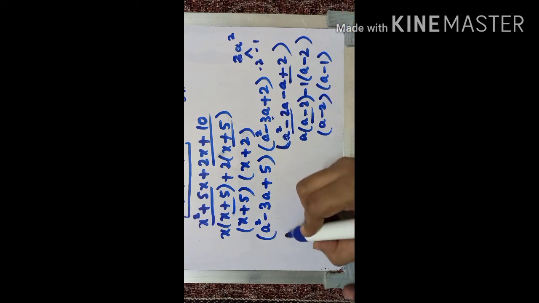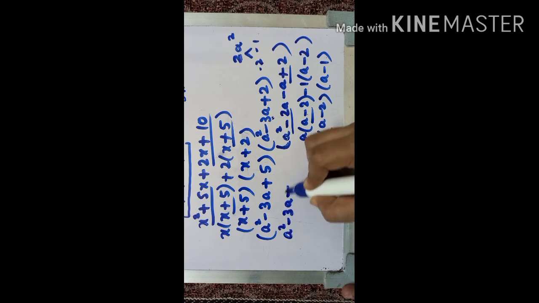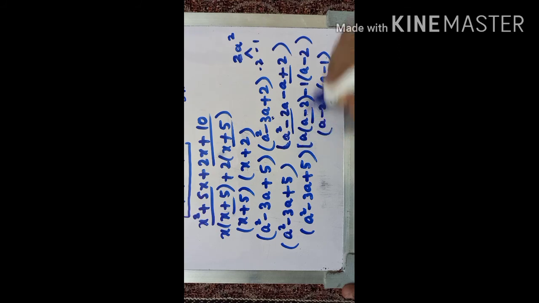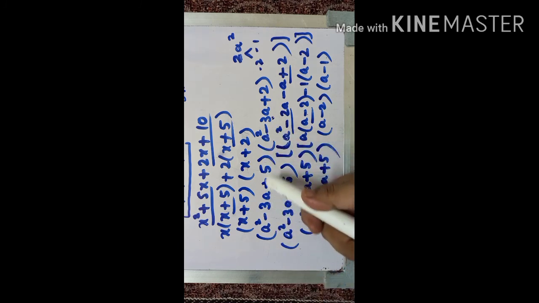But this part, let us just keep as it is. A square minus 3a plus 5. And here you can put the brackets like this. Then a square minus 3a plus 5. So this is how you have to do this problem. After taking out the factors also, when you're getting in this way, if again it is possible for you to factorize, then you have to go ahead. Here you can't do, so you're just keeping it like that. But here you can do further.